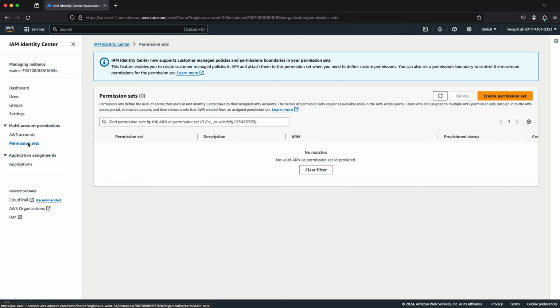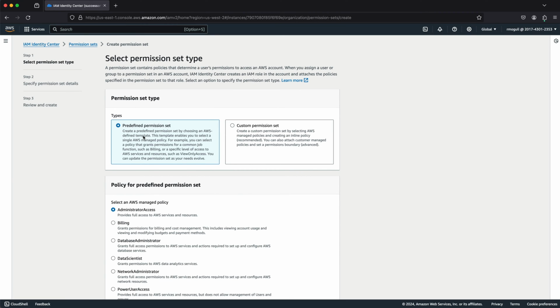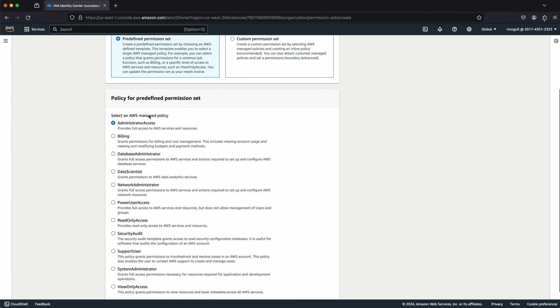So I'm going to go to permission sets, and I'll create a permission set. We're going to use a predefined one. And in our case, we're going to use administrator access. Again, we are creating the one for us to administer everything within our environment, which is why we're going to just stick with that predefined permission set. Behind the scenes, this permission set will create the AWS administrator access policy. I'm sorry, it won't create it. It will link that administrator access policy to the roles that are created in accounts when we actually grant access to accounts. So that's the key here, is that this is going to be using that administrator access policy,